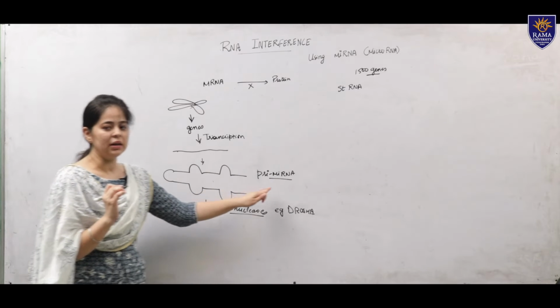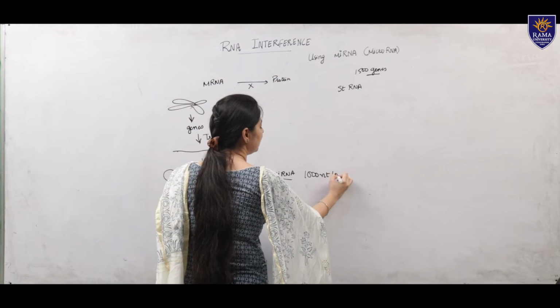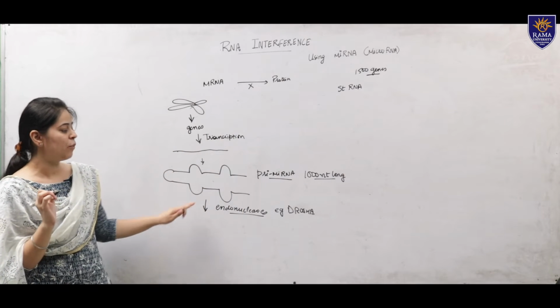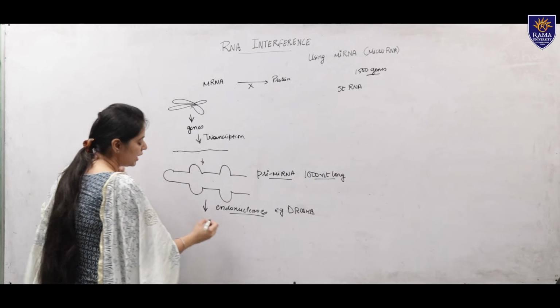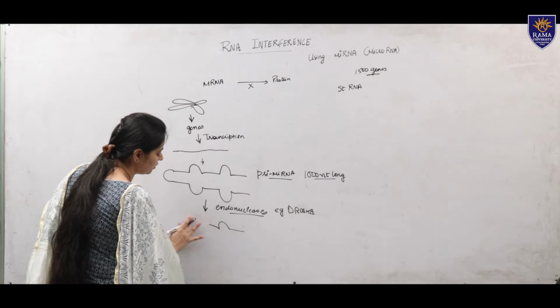This pre-miRNA is around 1000 nucleotides long. After its modification with the help of the DROSHA endonuclease, it gets converted into a much smaller or shortened structure,